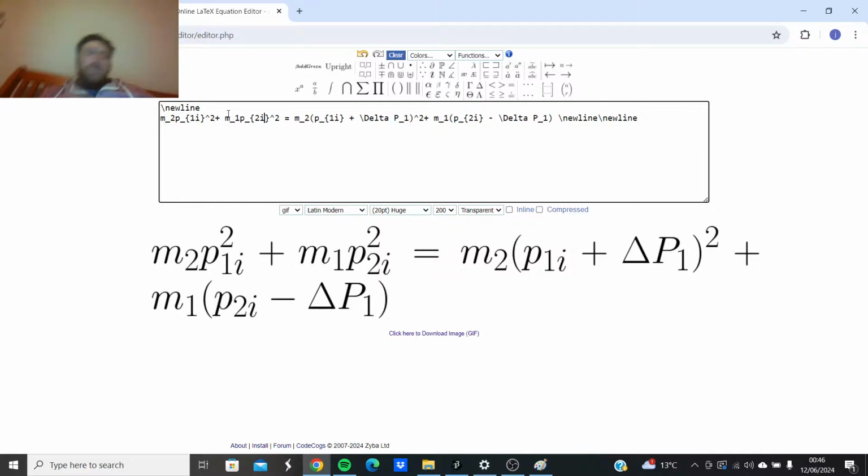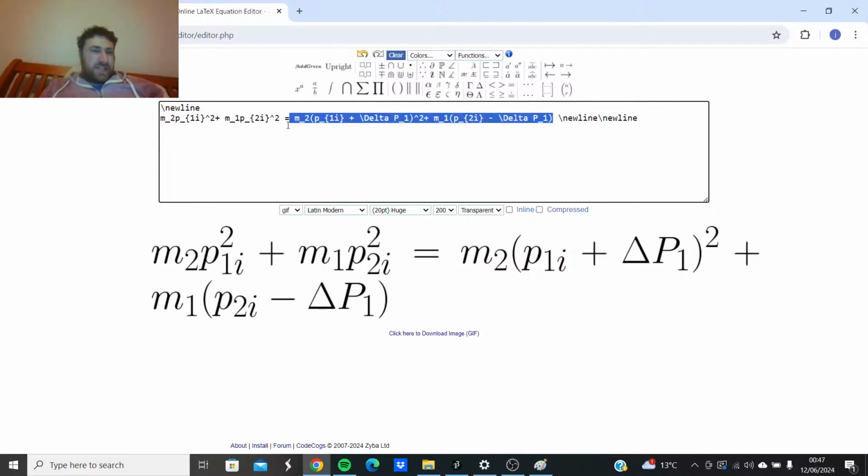Okay. Now, we need to expand out these squares with the sum of squares and difference of squares formulas. So it shouldn't be too hard, but it just means that this is going to go from something plus something all squared, to something squared plus 2 something something plus something squared. So our first one, P1I, so let's just